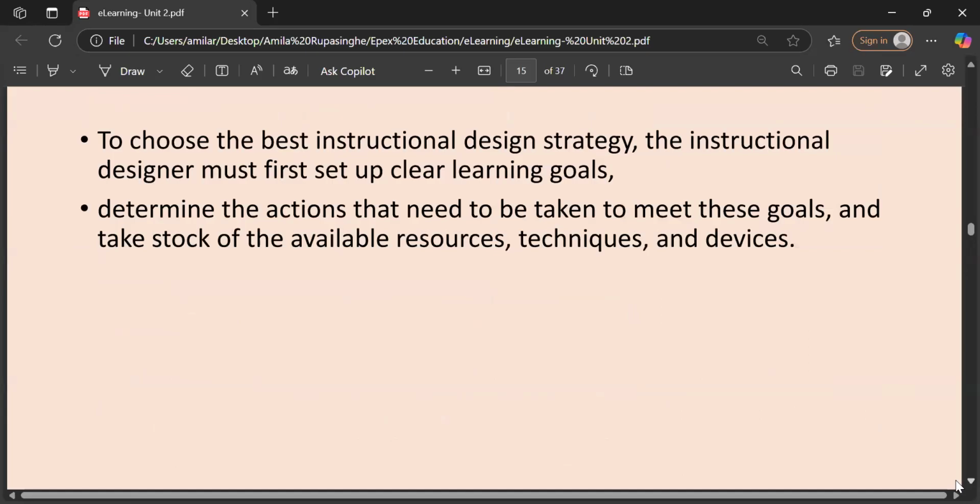See, to choose the best instructional design strategy, the designer must first set up clear learning goals. As we discussed earlier, learning goals and learning outcomes are important, right? Determine the actions that need to be taken to meet these goals, looking at the available resources, techniques, and devices.